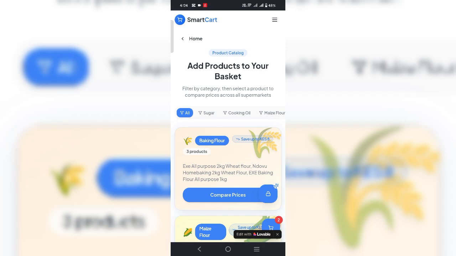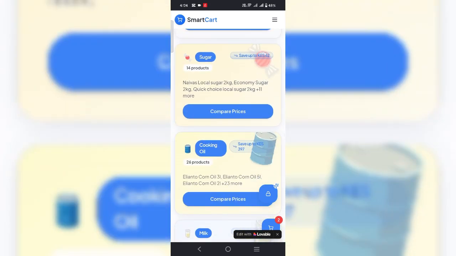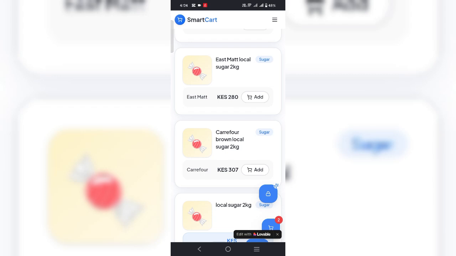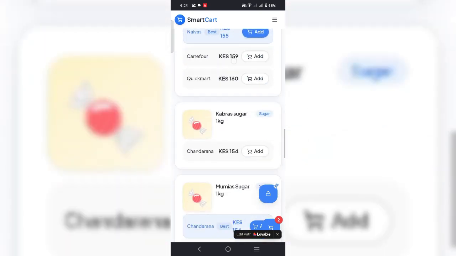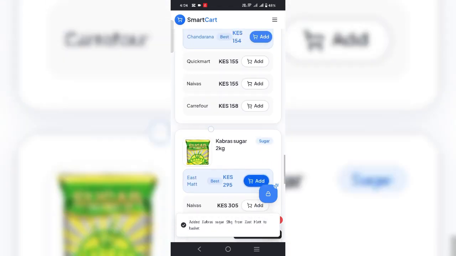My third product is sugar. So you just scroll where sugar is. Sugar, here it is. You compare prices. Let's say I want to choose Nutramel 2 kg. You just scroll where Nutramel is. So you see Nutramel 2 kg. I just choose it from any supermarket. I choose Eastmart, and then you go back